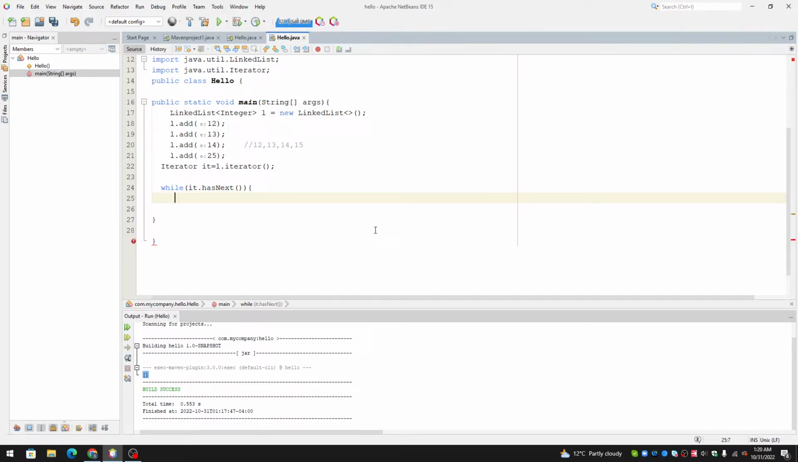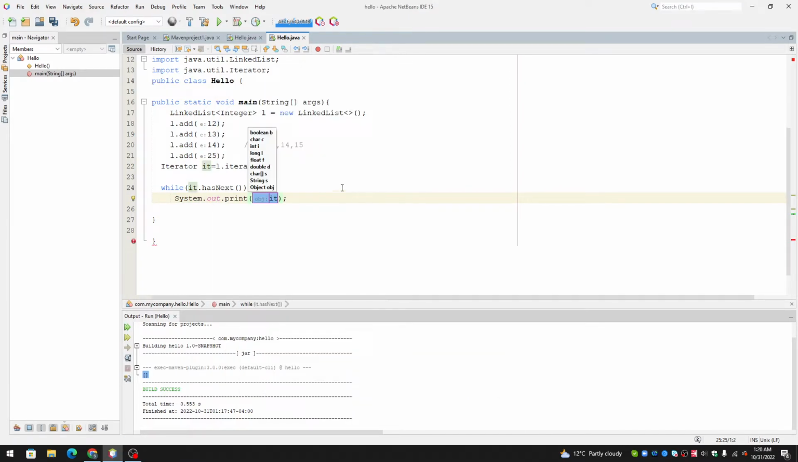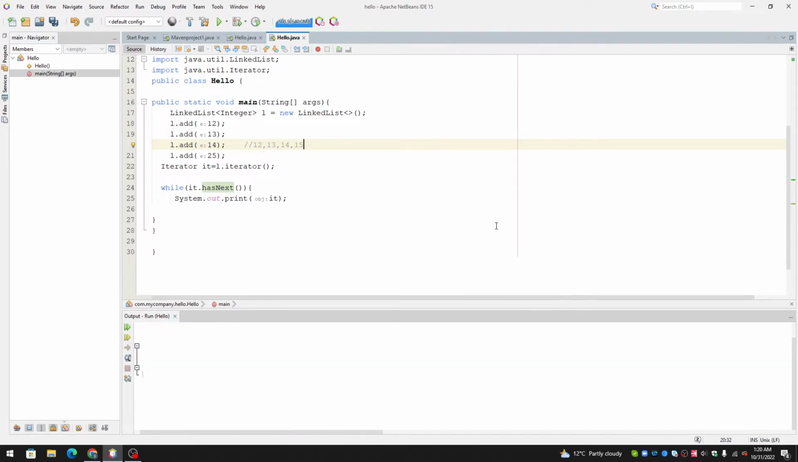So what happened is that as long as this iterator has next, it will keep printing. System out print it. Now, as long as there is next, what happens at 15? There is none, and at 15 it stops. So as long as it has next,